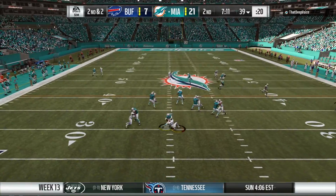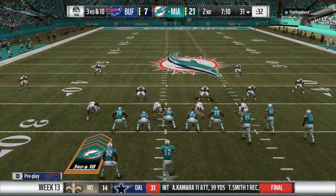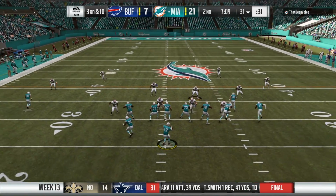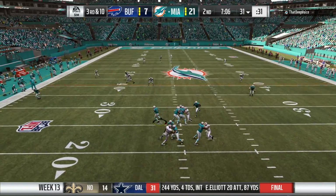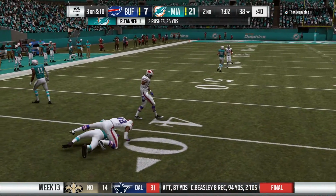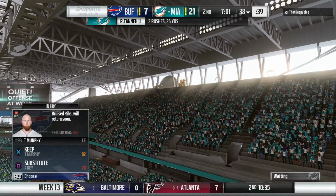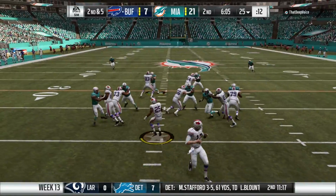2nd and 2 now, and the blitz right there. That is Matty Milano coming untouched through the line, and he's going to get the sack right there. And now it's a 3rd and 10 for Tannehill standing in the pocket. He's going to step up trying to get the 1st down himself, and he is brought down right there by Keenan Robinson. Big stop right there